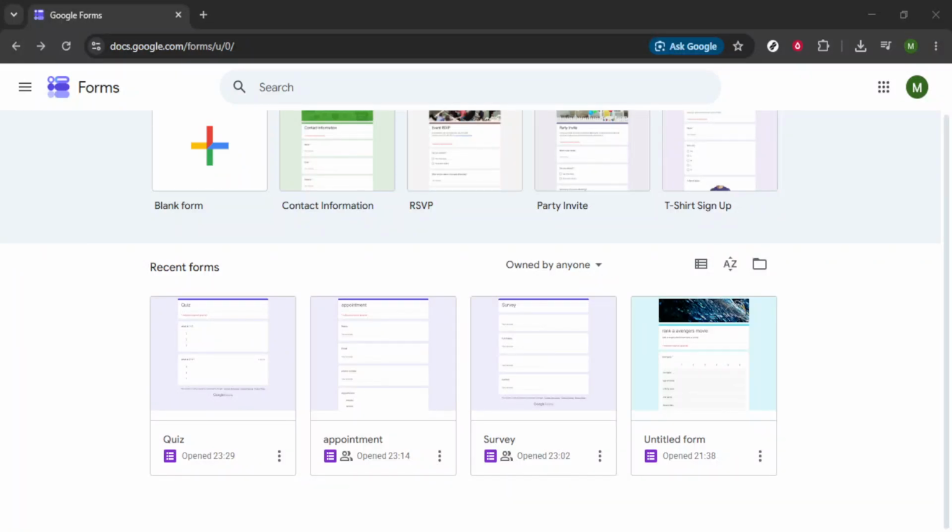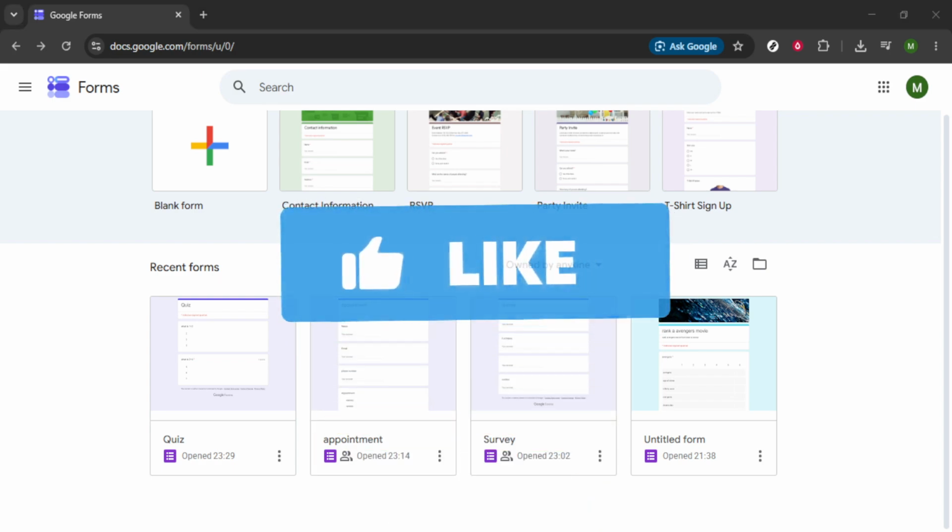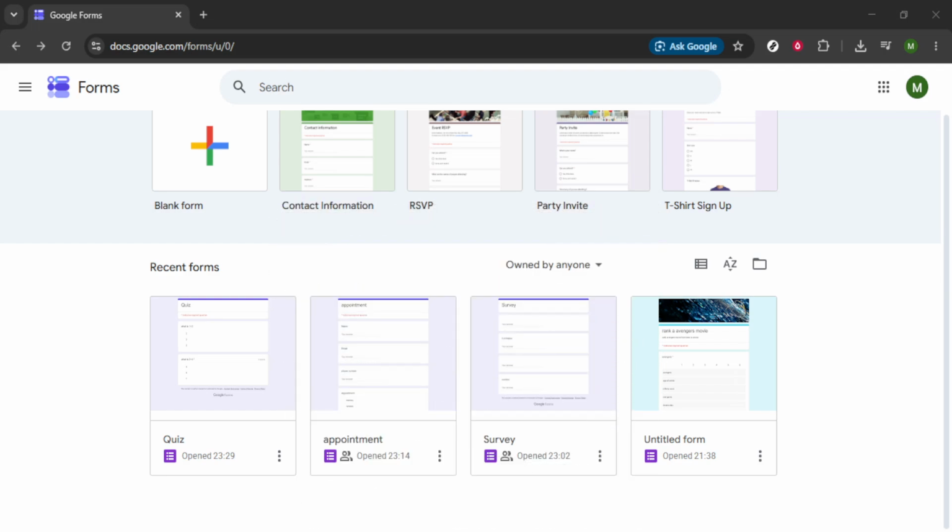In today's video, I'm going to teach you how to turn on email notifications in Google Forms. This feature can be incredibly useful, especially if you're collecting survey data, managing event registrations, or gathering feedback. It allows you to stay on top of every submission as it comes in, without the need to continually check